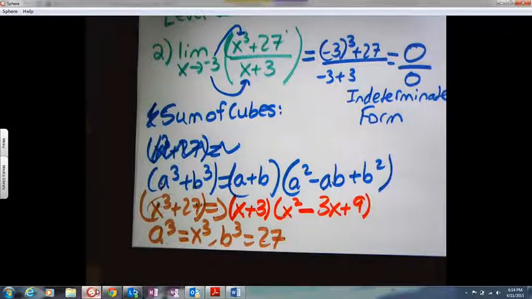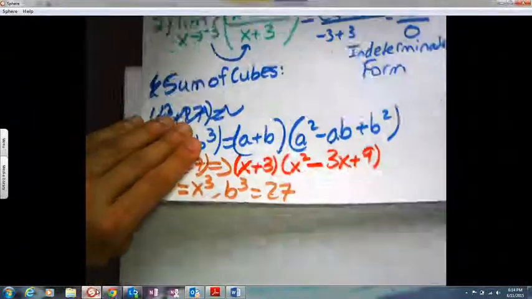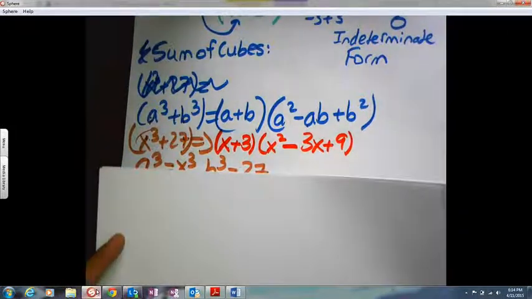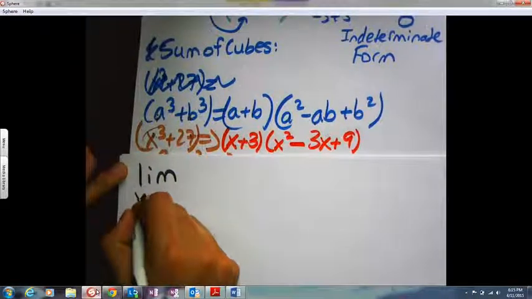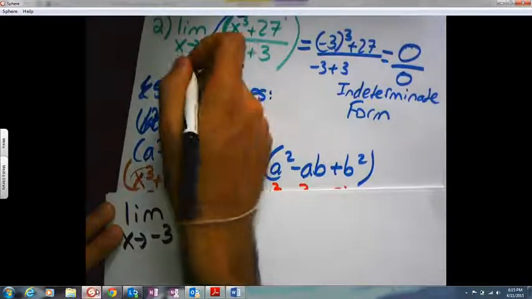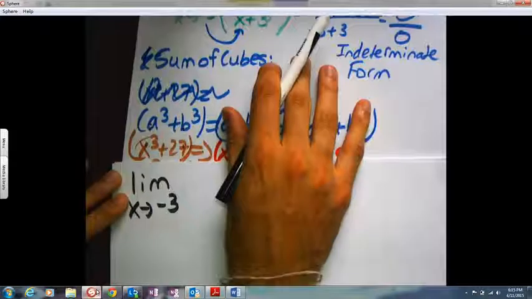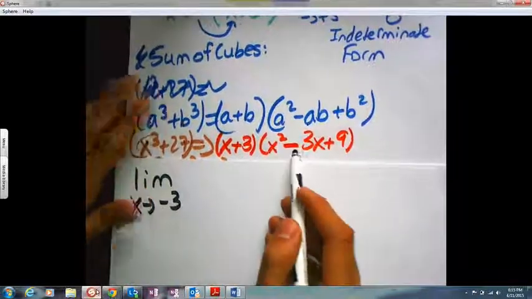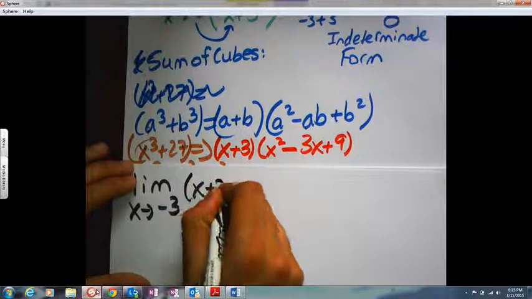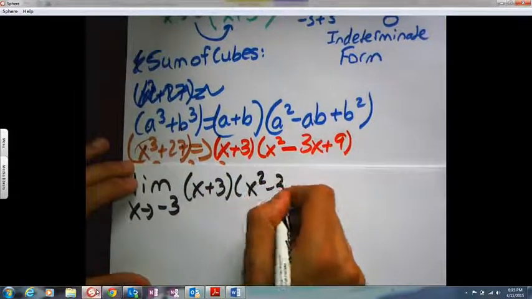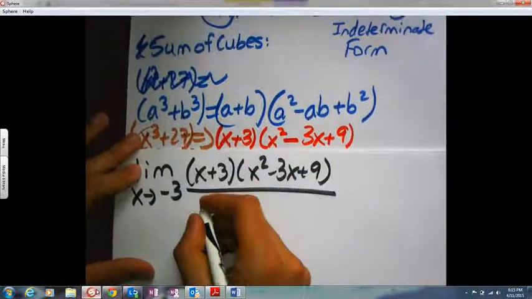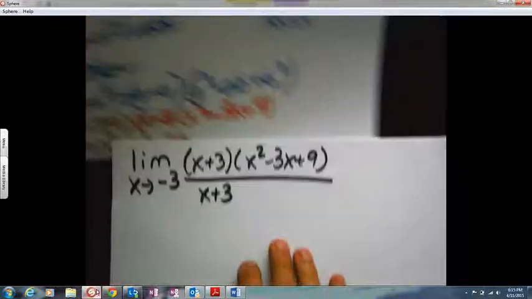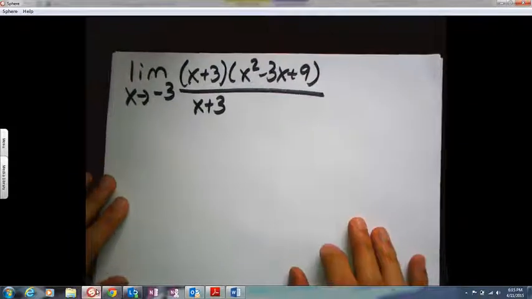So I can now rewrite my limit in factored form. Limit as x goes to -3, just like we had before. But instead of writing the top, I'm going to write this new factored form: x plus 3 times x squared minus 3x plus 9, all divided by x plus 3. So this is exactly what we started with, except it's been factored. Now we get